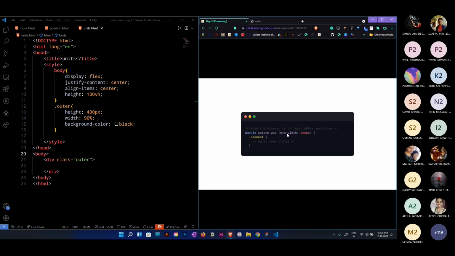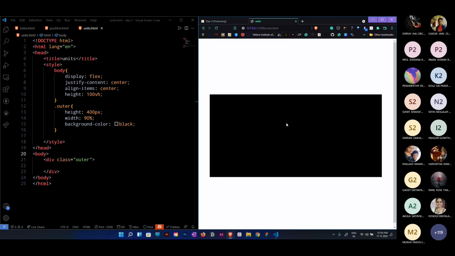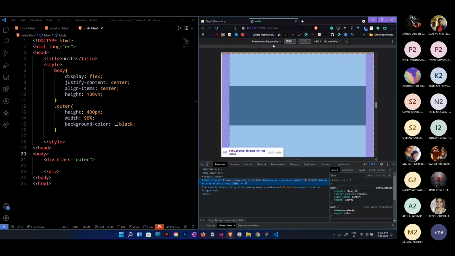And this is a simple syntax of a media query. You can say @media, and the screen, and I will explain in a minute what the screen is and all those things. We can apply particular styling when the screen width is 600 pixels. Let's say mobile width will be 300 pixels. Let me show you here.